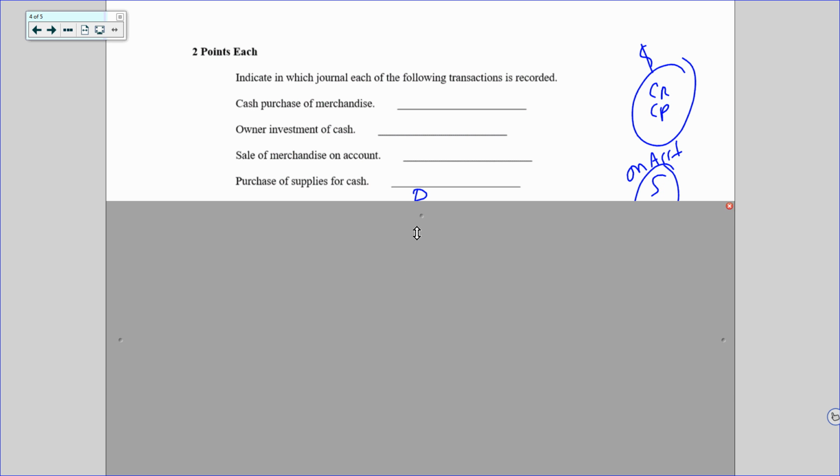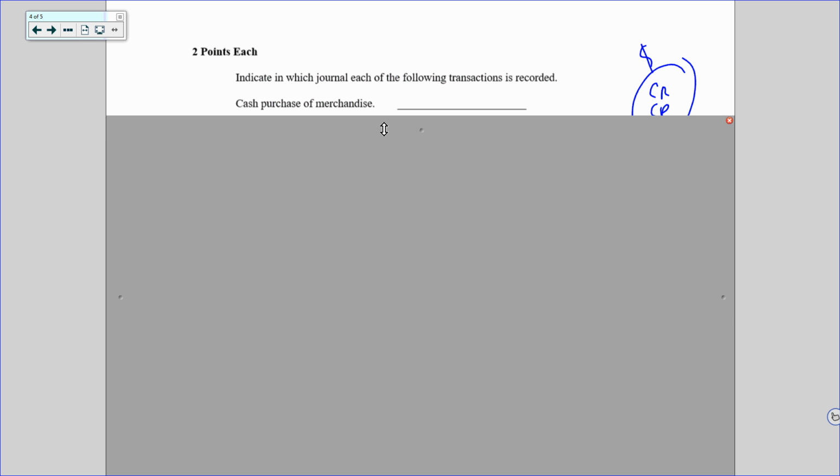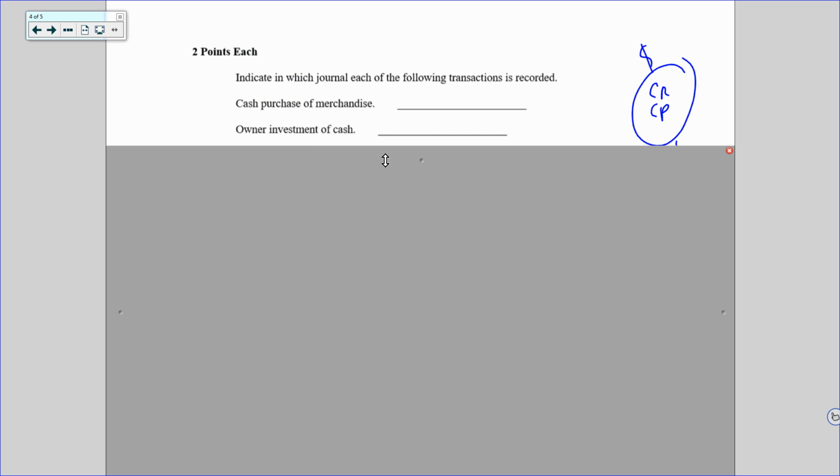These will be something similar on the test. So the first one, a cash purchase of merchandise, CP. I had to pause and think, why wouldn't it be in purchases? But we paid cash for it. When an owner invests cash,